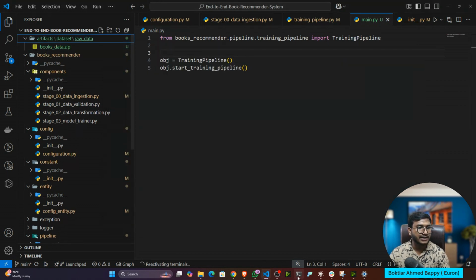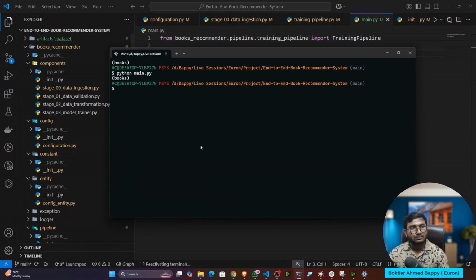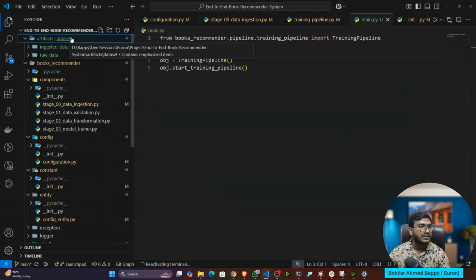So see, zip file is getting downloaded. See, done. Now if I show you the artifact, see, dataset folder is created.